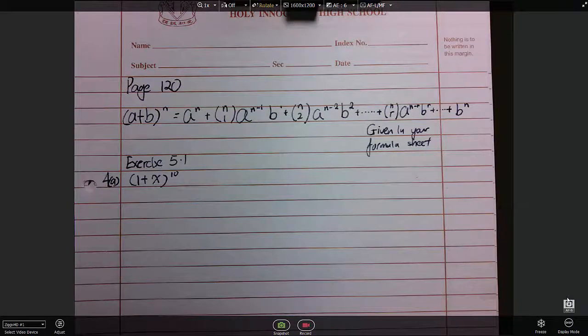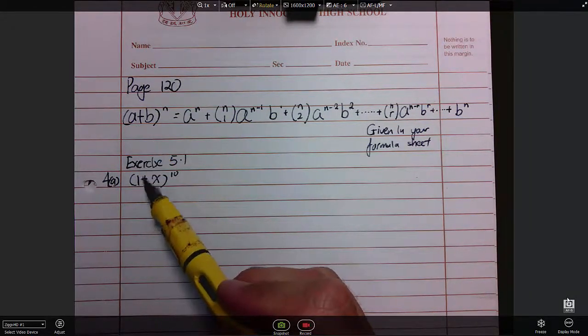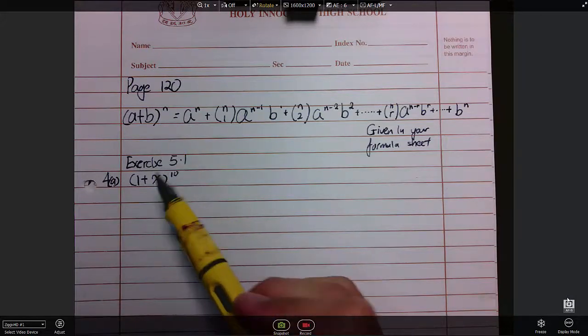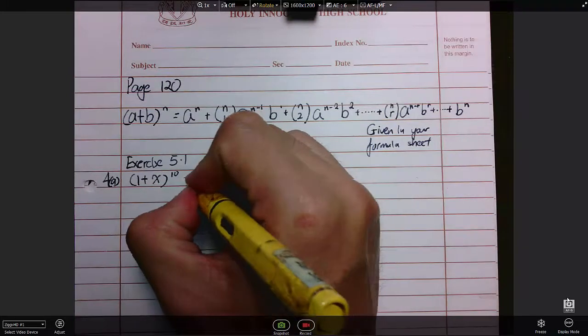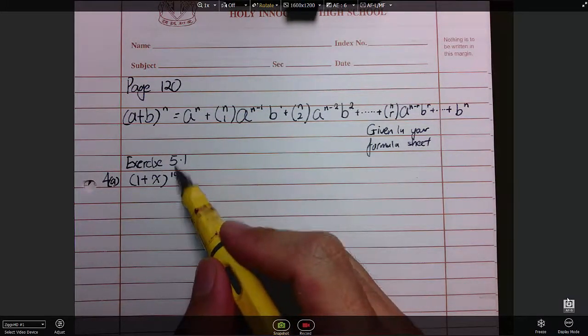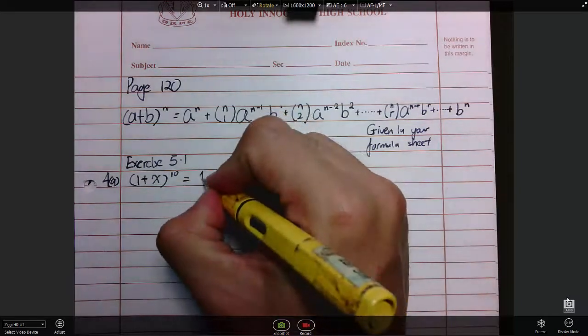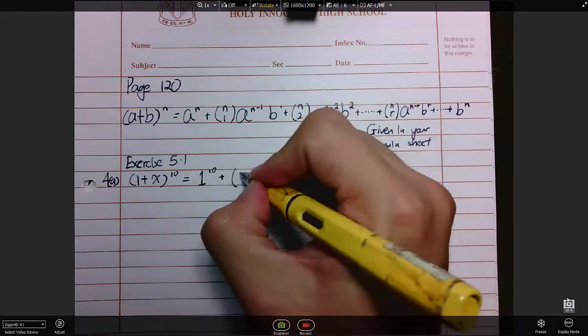Before we even begin anything, let's identify what is a. A in this case is 1, b is x in this case. So we identify the a term and b term. And let's start. We apply the formula. A is 1, 1 to the power of n. In this case, n is actually 10. So I write my first term, 1 to the power of 10, plus n choose 1,